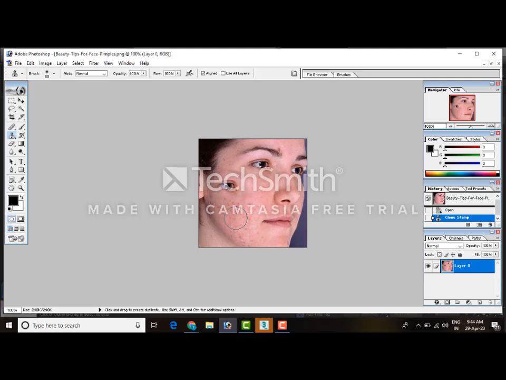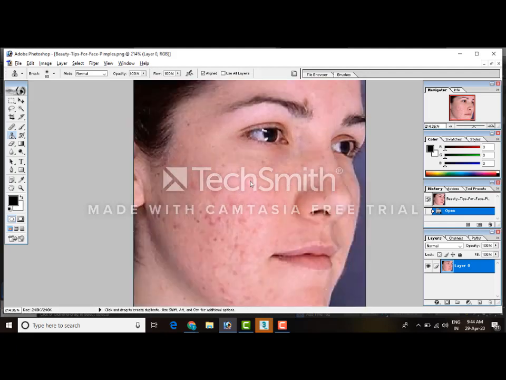Now let us see how to use it for removing the pimples. I will undo this. For this particular scene, let's take your cursor at this point where the skin is relatively clean. Press Alt and copy and then paste it at another place. Copy and paste it here.